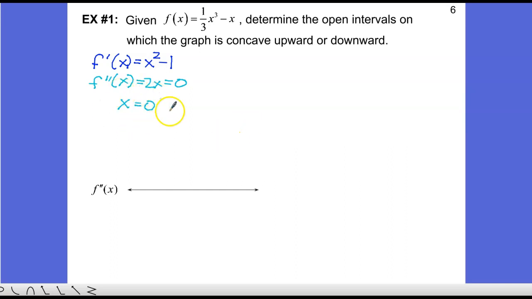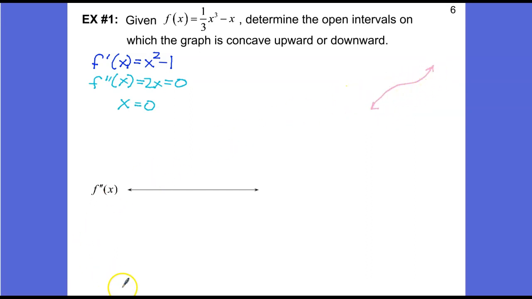Now, here's my question. Does it have to be a point of inflection? Well, okay, here's the deal. Suppose I were to graph f prime. And I know this is a quadratic, but let's just assume it was a cubic, for instance. I might have an f prime that looks something kind of like this, only, well, here's one that's a little bit nicer. So I've got this point here, this point here. So if this is a graph of f prime,